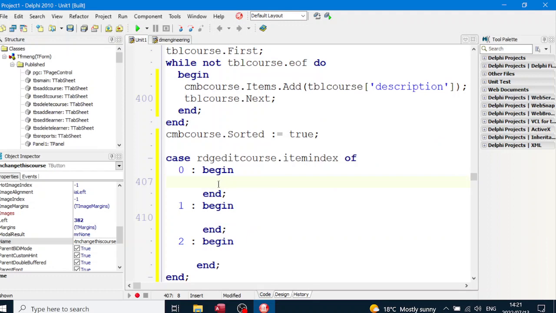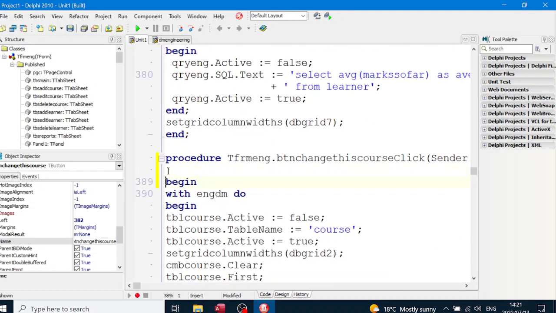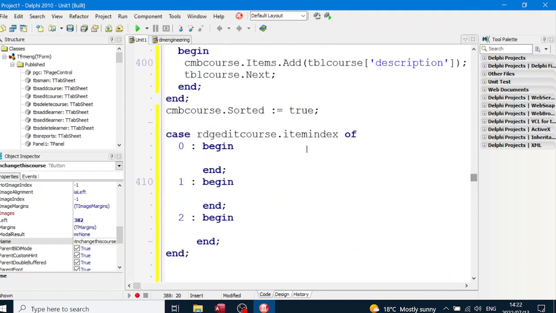So we'll have a string and a show message box, VRS description, string, we'll say S description equals input box, enter a new description,